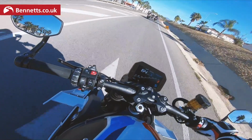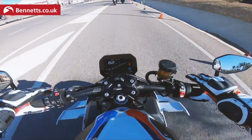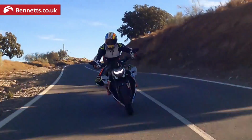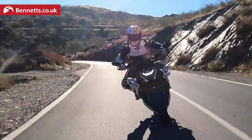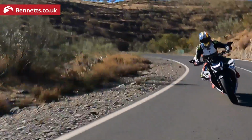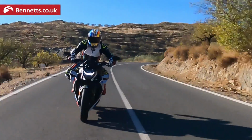So it's kind of getting to the stage in the afternoon where we've done plenty of miles. And to be honest, it's an incredibly difficult bike to find fault with. I thought by putting a superbike engine in it, that it'd be peaky or hard to ride. But it isn't. The wings you feel,